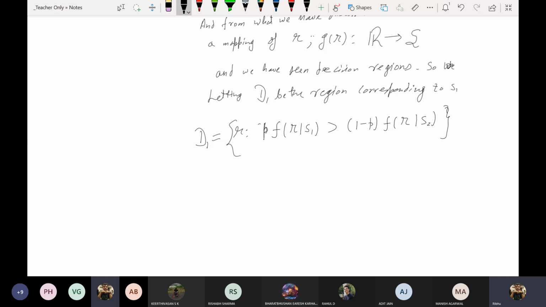This we had started off and this we had derived in terms of the Euclidean distance. Equivalently, R such that